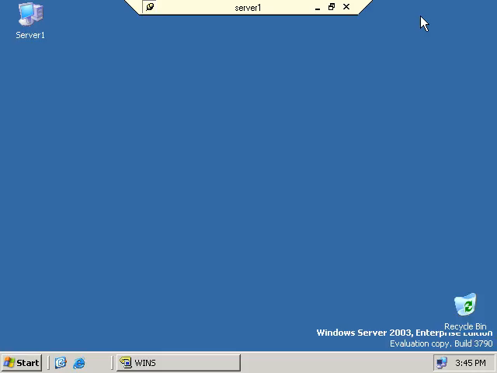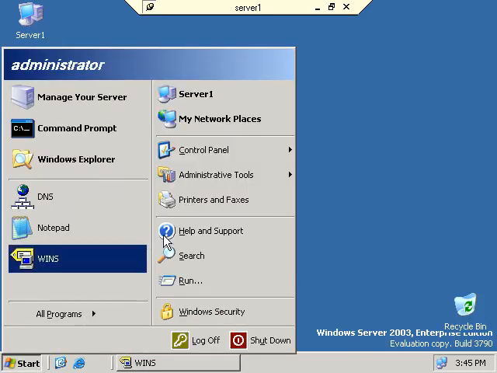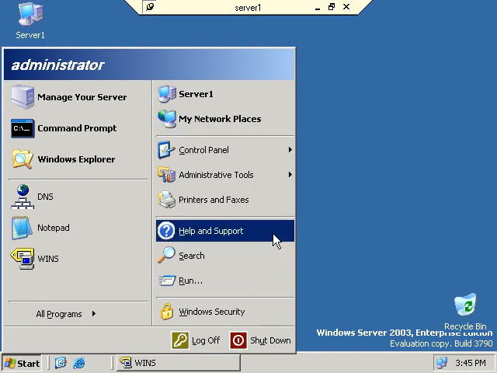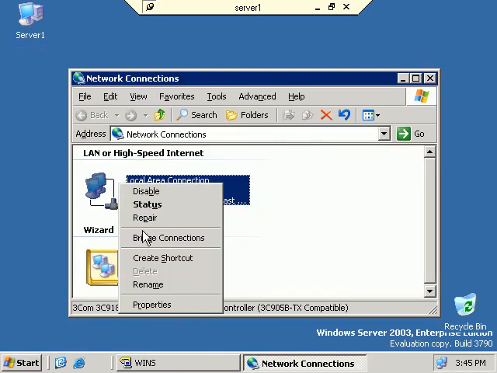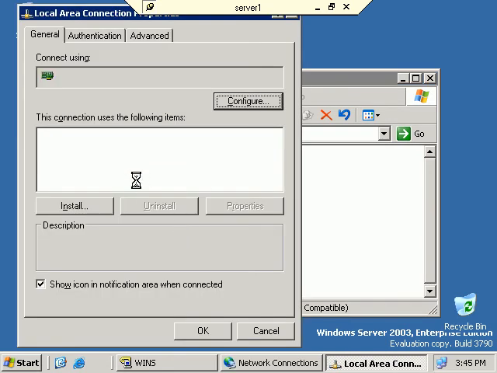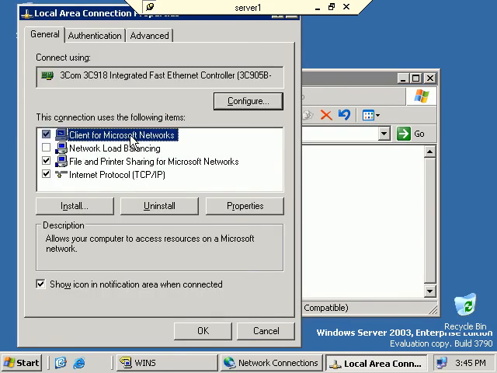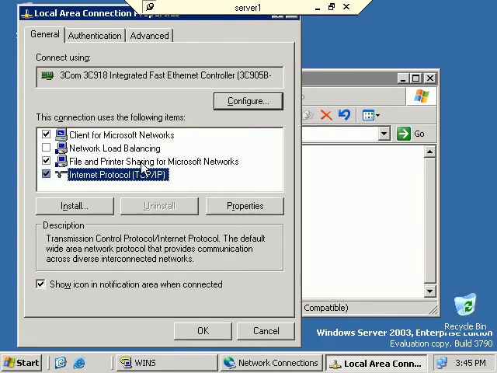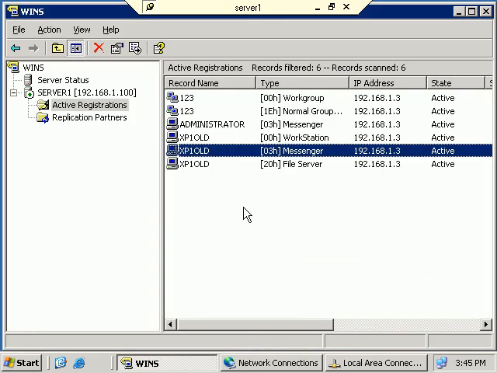For example, we're going to go here to the network settings. If we take a look at the properties of this network card, you see here that Client for Microsoft Networks is installed and checked over here. And we also have File and Printer Sharing for Microsoft Networks installed and checked. Because both of these are checked, that's what's actually enabling these different NetBIOS records that we saw over here in the WINS database. Okay, so we have an XP1 old, that's the name, and then here's the registration record according